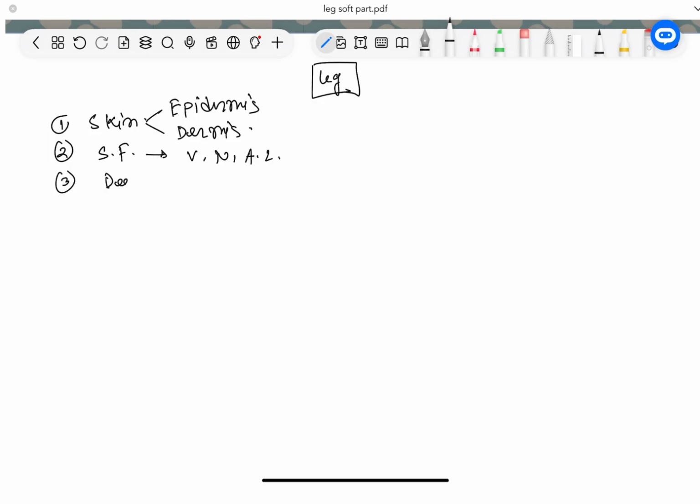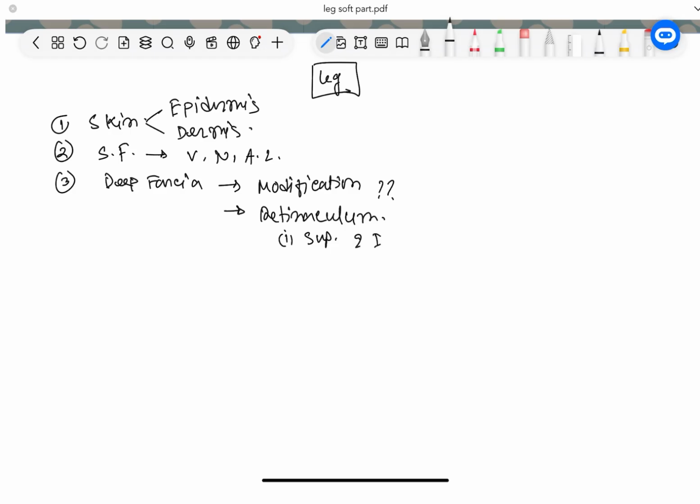After that, there is the deep fascia. The deep fascia here has some modifications. So a question may be asked: what are the modifications of the deep fascia of the leg? If they ask you, you have to answer number one, retinaculum. There are some types of retinaculum: superior and inferior extensor retinaculum, superior and inferior peroneal retinaculum, and flexor retinaculum. So let's write here: superior and inferior extensor retinaculum,